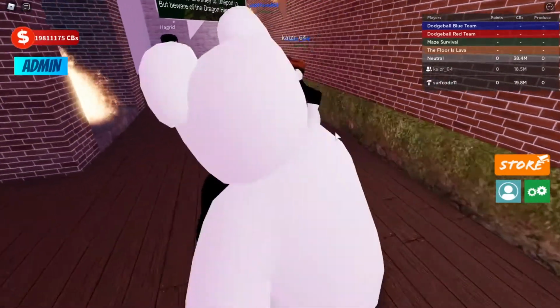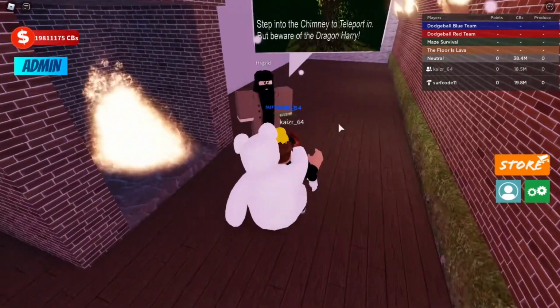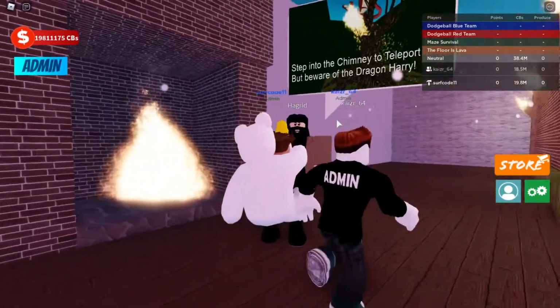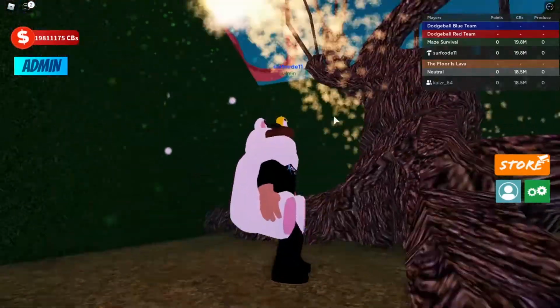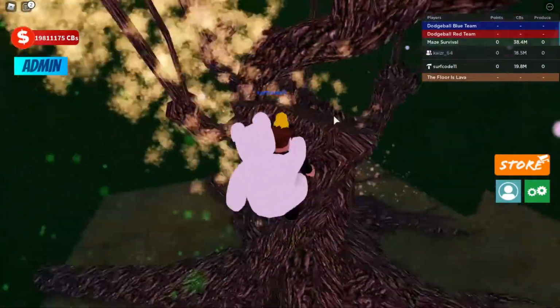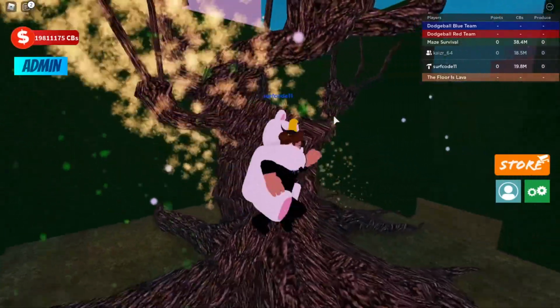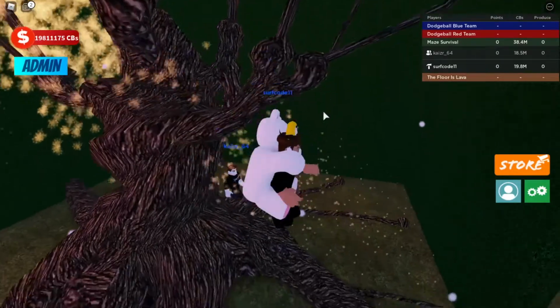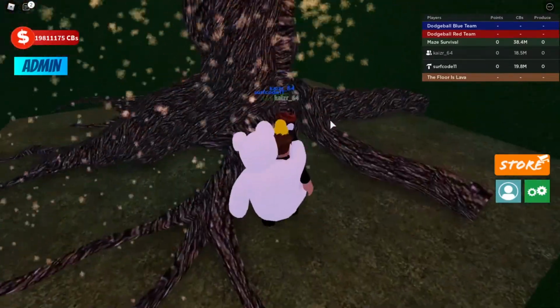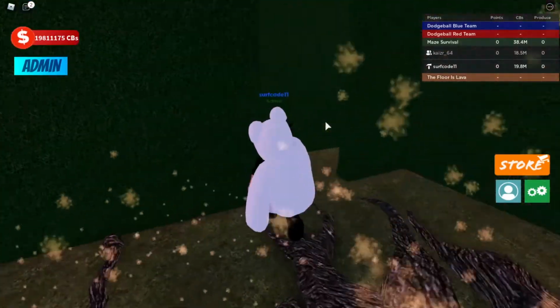Correct. So here's an example of some of the customization stuff we have. For instance, taking the maze survival game and just tweaking it a little bit to have Harry Potter characters greeting you in the beginning, stuff like having the dragon and the walking willow here. Just putting a cool little twist on stuff, as well as